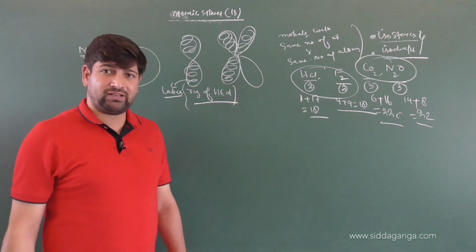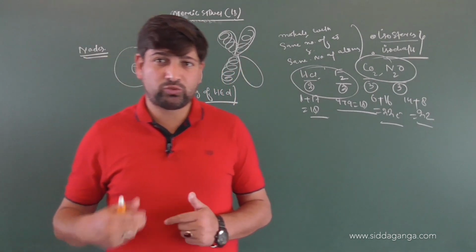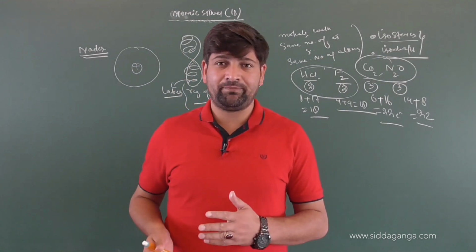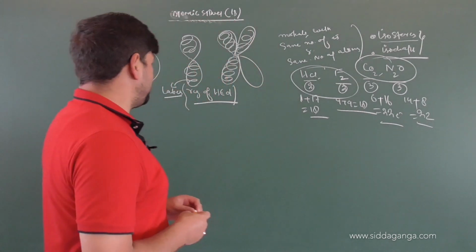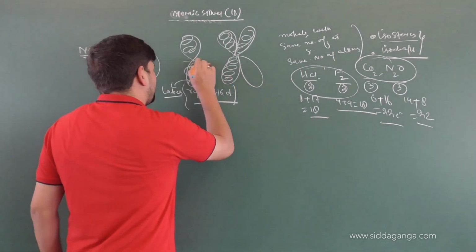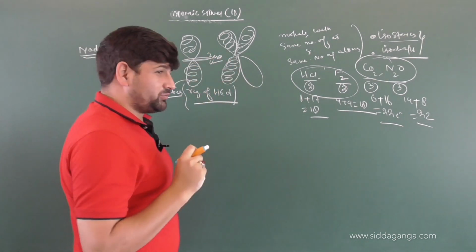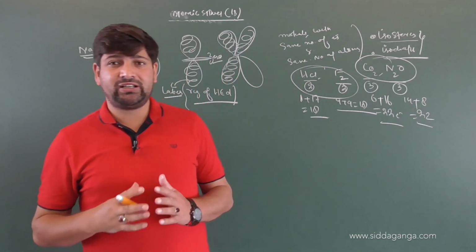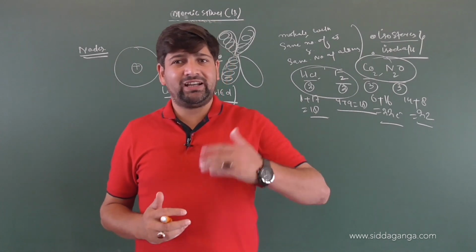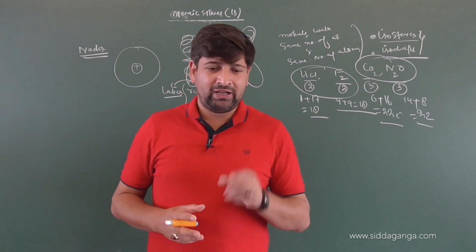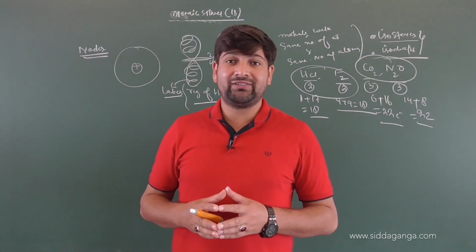If you have done chemical bonding very properly, there you might have done the concept of wave functions. The amplitude, the square of the wave function, is given by psi a square plus psi b square plus 2 psi a psi b. If you have done the equations very carefully there, we have the region in the orbital where electron density is 0. Technically, according to Bohr's model, you cannot find any region in an atom which will be devoid of electrons. Even at infinite distance, there are chances of finding the electron, and even extremely close to the nucleus, there are chances of finding the electron, because electron behaves as a wave.